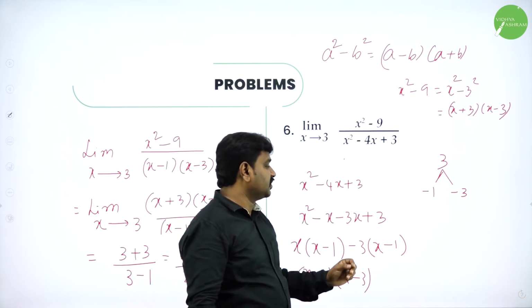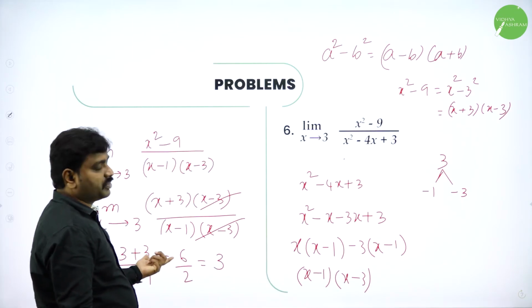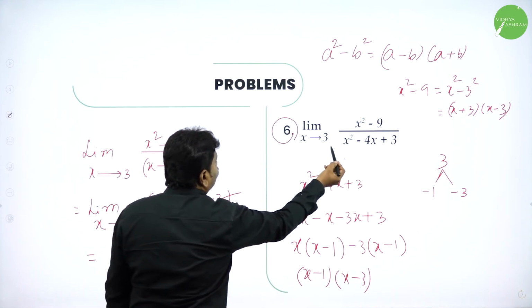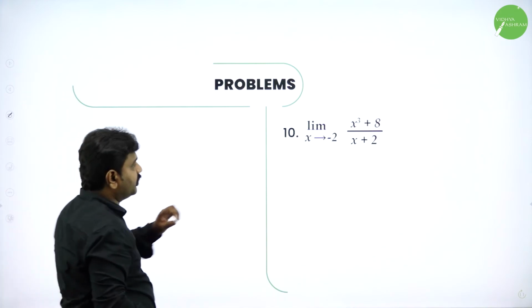Denominator middle term factorization, it will get x minus 1 into x minus 3. Then substitute, cancel, simplify, you will get the answer. So this is also one of the important problems where we have to do factorization for numerator and denominator and apply the limit. Now we will go to the